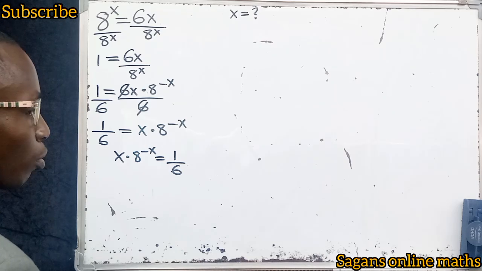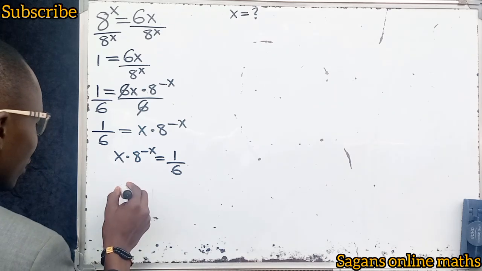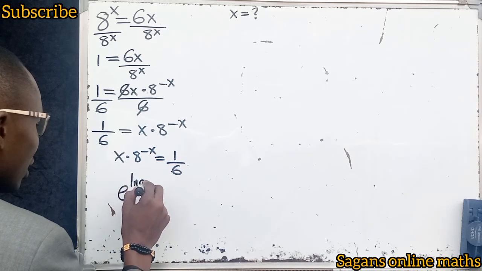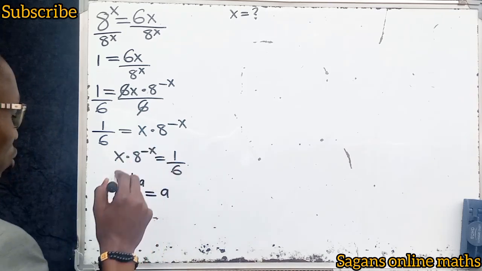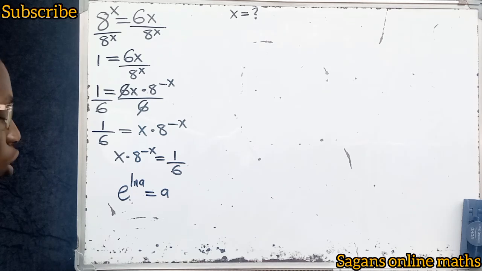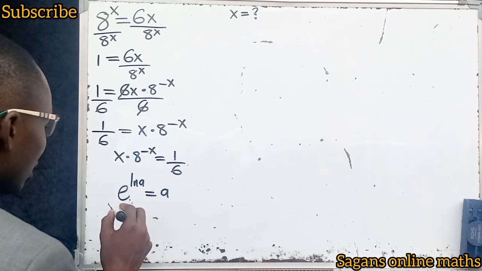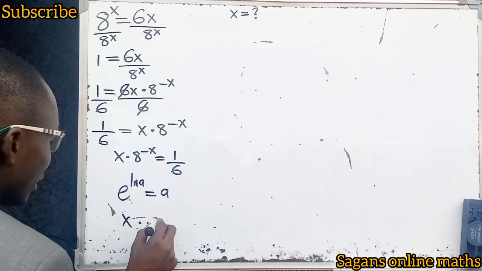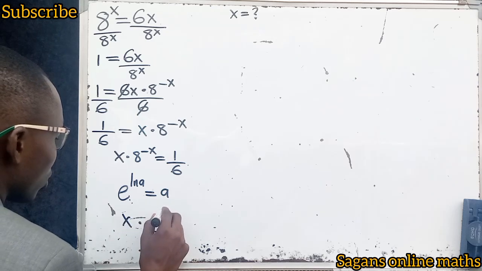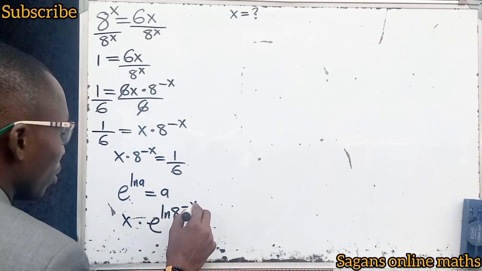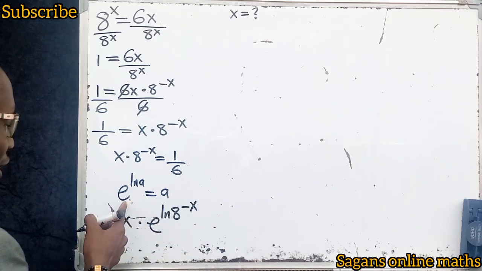Now let's recall one of the properties of logarithm, that e raised to the power of ln a is equal to a. So we are not wrong if we decide to write 8 to the power of minus x as x multiplied by e raised to the power of ln 8 to the power of minus x. We are not wrong, but we obey the properties of logarithm, that e raised to the power of